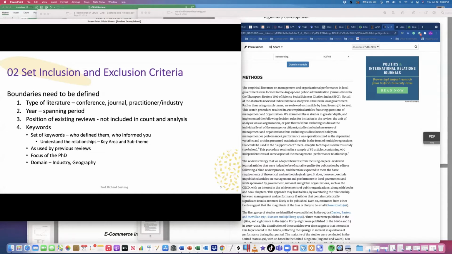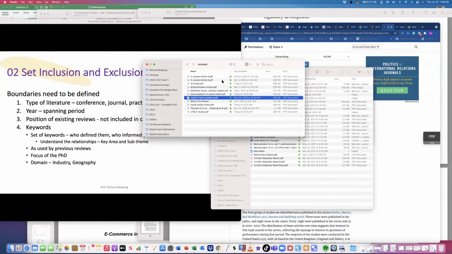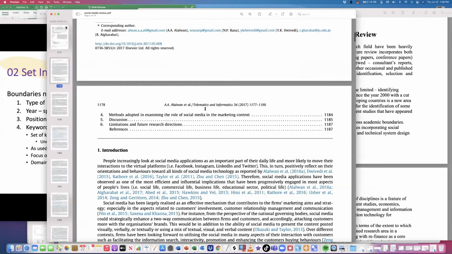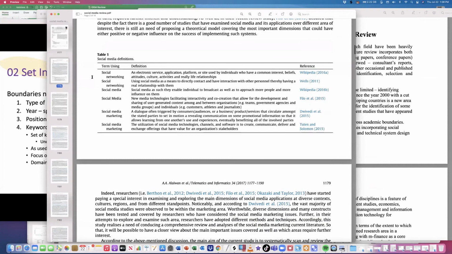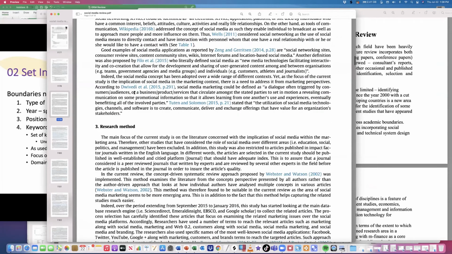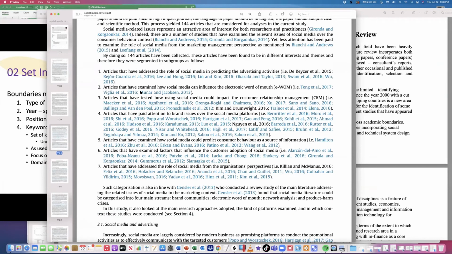Some papers define a database of keywords to use. In fact, I saw some paper, I was surprised. The paper had a database of keywords to pull from, because they knew that if you're not very careful, you'll come across different keywords. Let me see if it's this one. This is a paper on social media from a marketing review. So look at the social network and the different definitions that they saw in the literature. Social media as a concept, and then this is the method, and then there is a justification, articles they left out, articles they brought in,